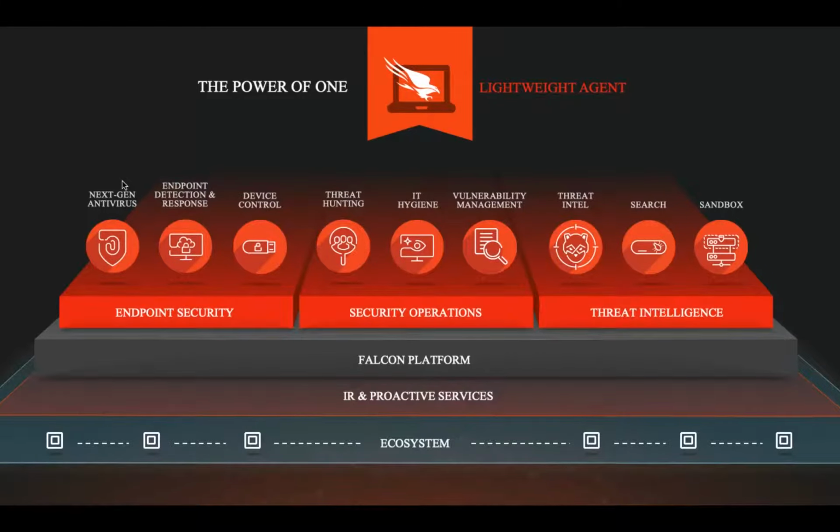Moving on to the security operations part of it, you have three main modules inside it. One is threat hunting, also called Falcon OverWatch, and then IT hygiene and vulnerability management. In threat hunting, let's say there is a malware which next-generation antivirus could not detect. In that case, it would of course be sent to the sandbox for analysis.